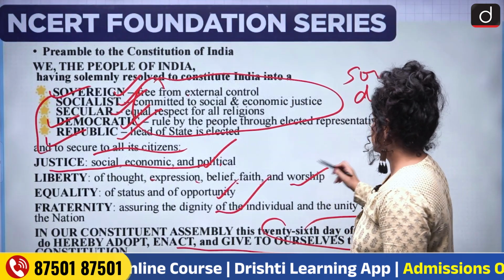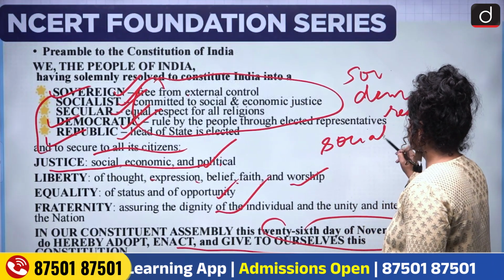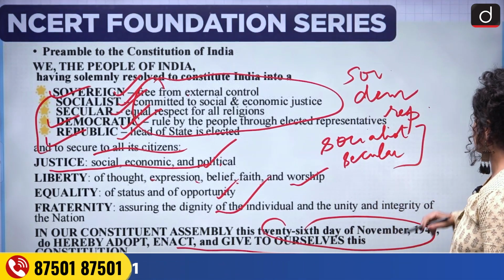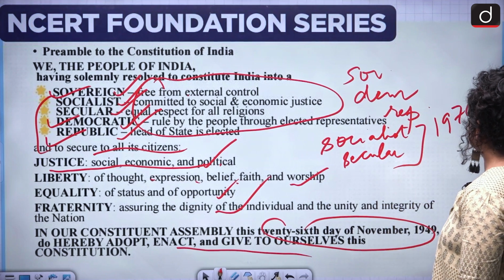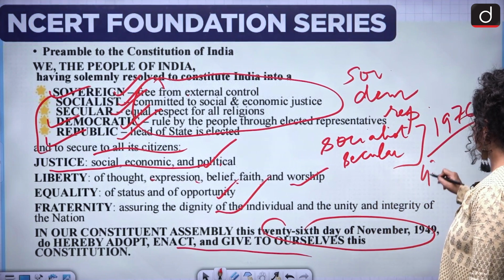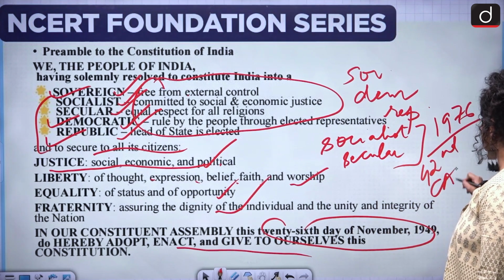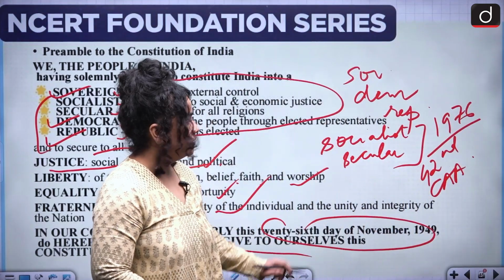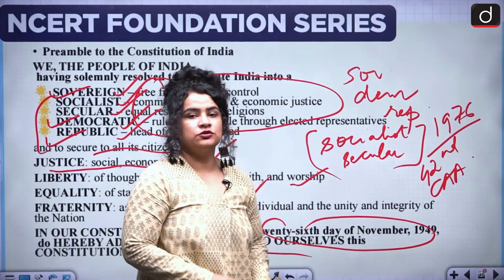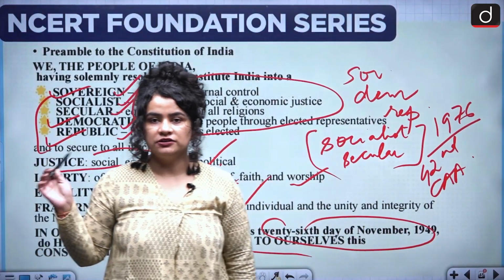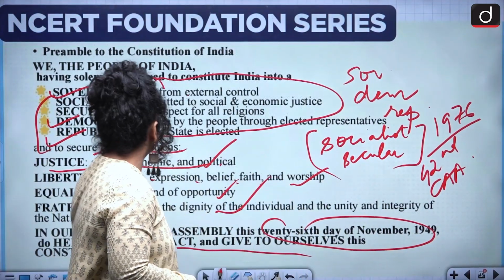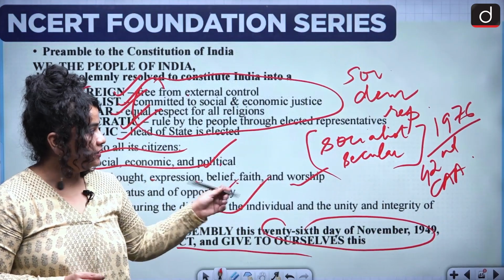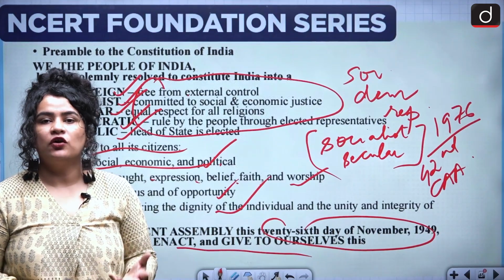And these two terms, socialist and secular, were added to the Constitution in 1976 by the 42nd Constitutional Amendment Act. Okay, I hope that makes sense. So the original Constitution did not have the term socialist. It did not have the term secular, and these were added during the amendment of 1976, which is the 42nd